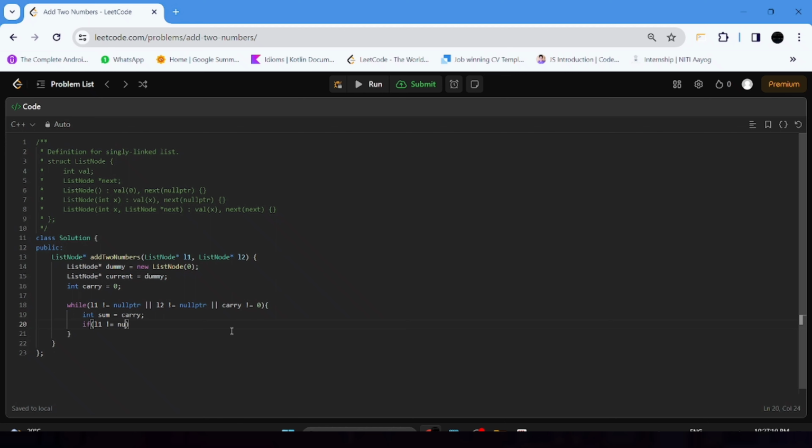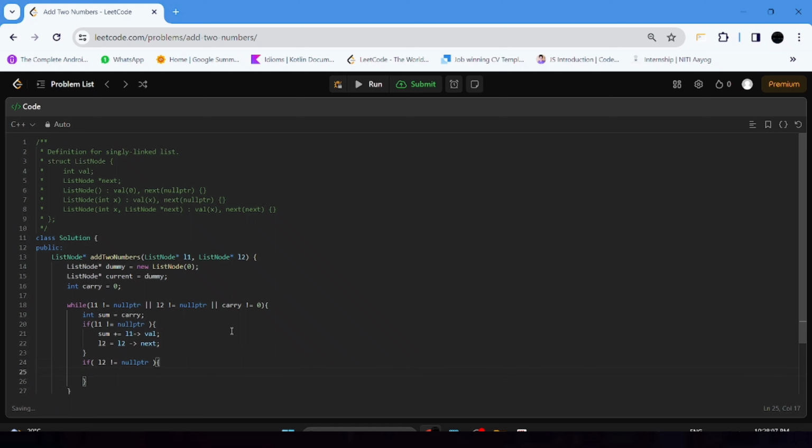Now we will be writing an if condition inside our while loop. If our list 1 is not equal to nullptr, simply add the value of our list 1 to our sum, and then move list 1 to its next node. Similarly, we will be writing an if condition for our list 2.